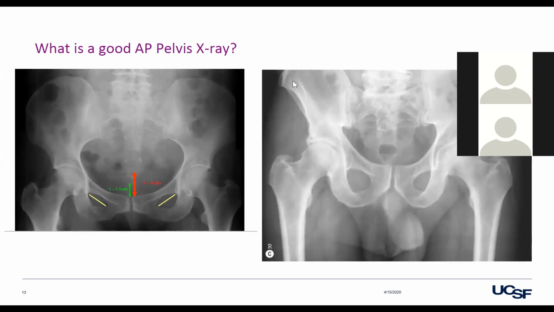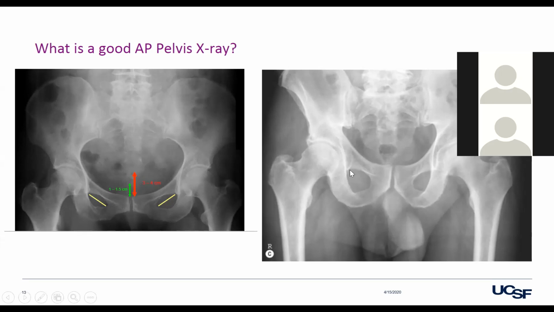Usually these are shot lying down, which is going to be similar to what they're going to be in the operating room, but even more important is probably what they look like when they're standing or when they're sitting down. And you can't get an AP of a pelvis sitting, but you can get one of someone standing. A lot of times when people are standing, the pelvis will roll back and you'll get more of this outlet view. There's a lot of data coming out that that's probably a more important view and position of the pelvis in terms of dislocation risk and a lot of other things than just the anatomic AP pelvis, which is an artificially positioned